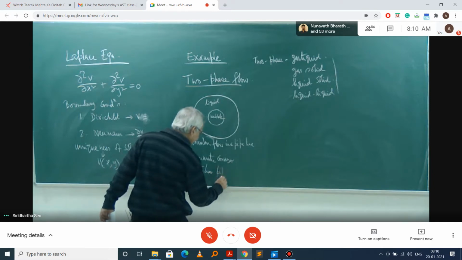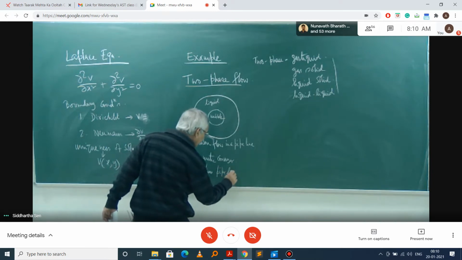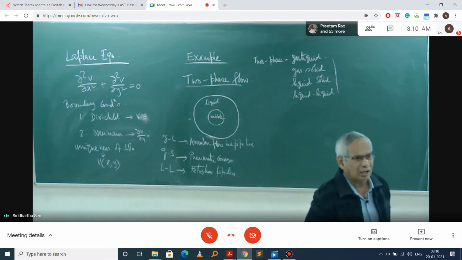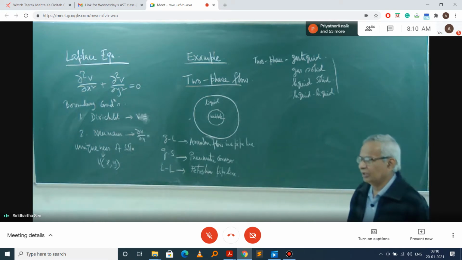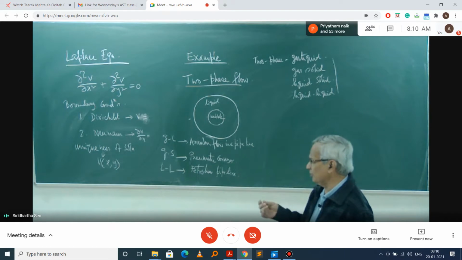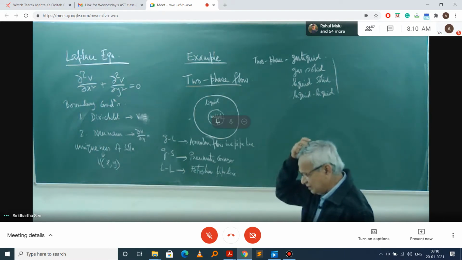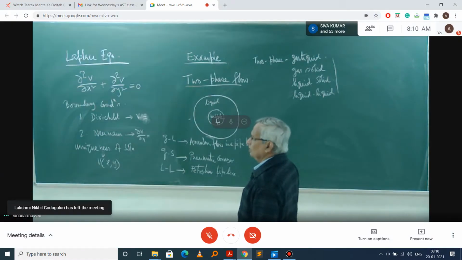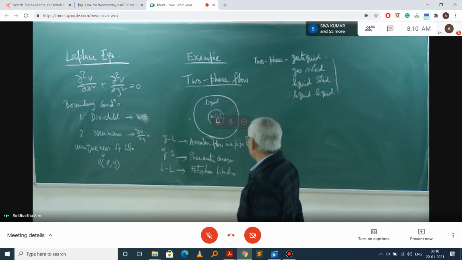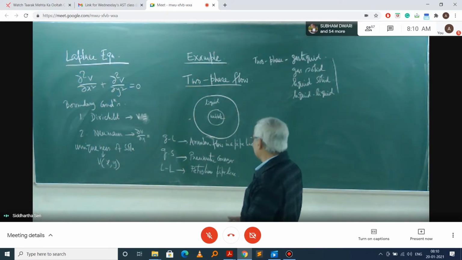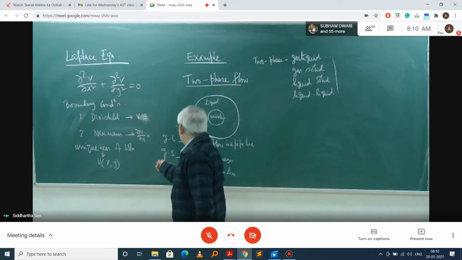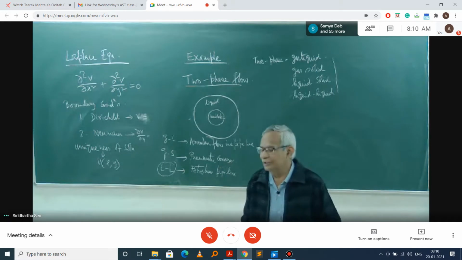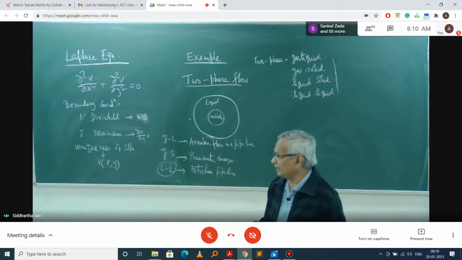Pipeline. Suppose we extract petroleum products. If you think of the well, it would be a mixture of three elements: water, kerosene or petroleum product, as well as gas. But suppose gas is not there, then this liquid will come out from a petroleum well, where both water and kerosene are there.